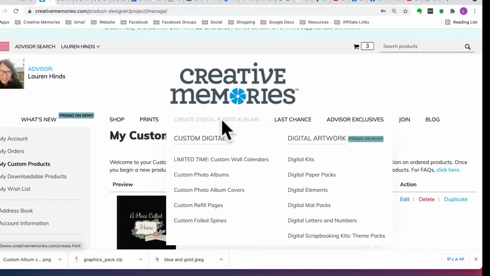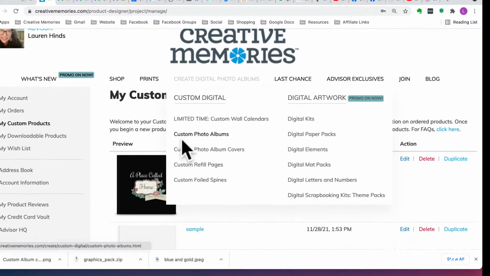You can take a look at this. Okay, so under Create Digital Photo Albums, you're going to go to Custom Digital. And there's a few choices. There's Custom Photo Albums. What that is actually, the photo, your cover and pages, because you can see right here, you can do custom